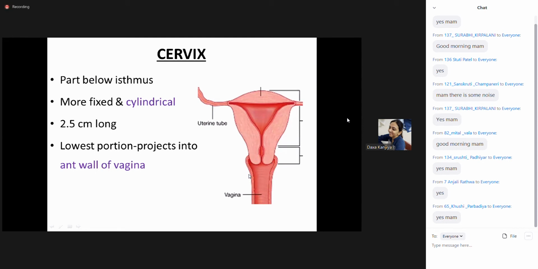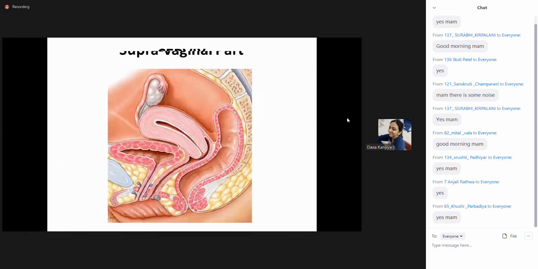So the attachment of the vagina divides the cervix into two portions. The one which lies above it, that is supravaginal part, and the one which lies below or within the vagina, that is vaginal part. So again, cervix is divided into two parts, supravaginal as well as vaginal part. The relations of these two parts are different. So let us see first the relations of the supravaginal portion. As here you can see, this is the attachment of vagina. Here you can see the two lines. So this much portion is the supravaginal part. Below it, this is the vaginal part.